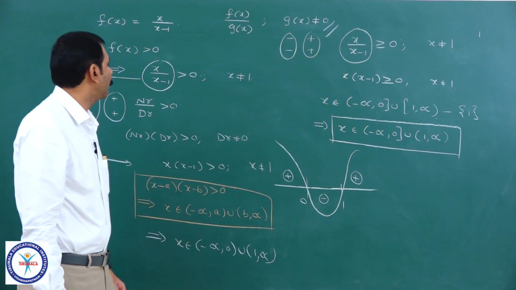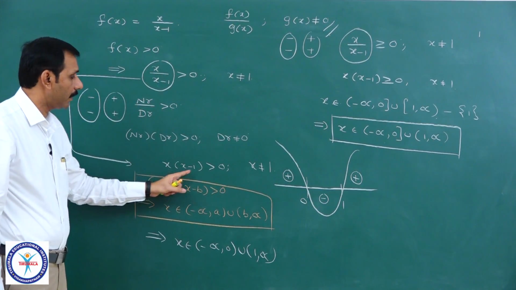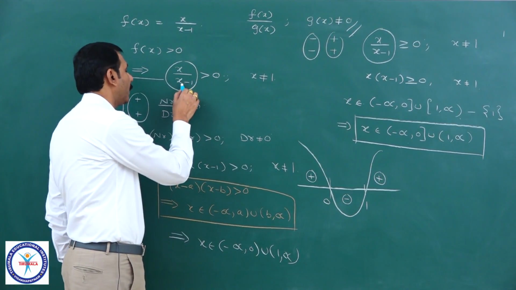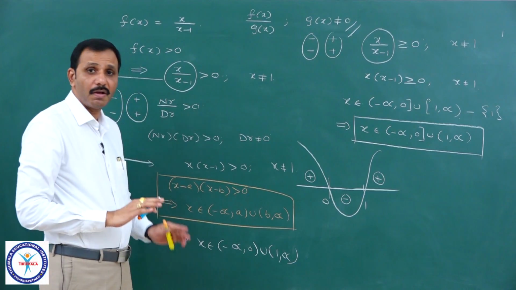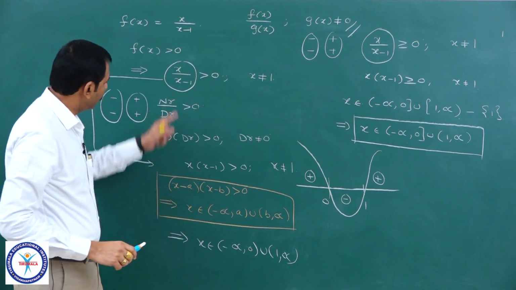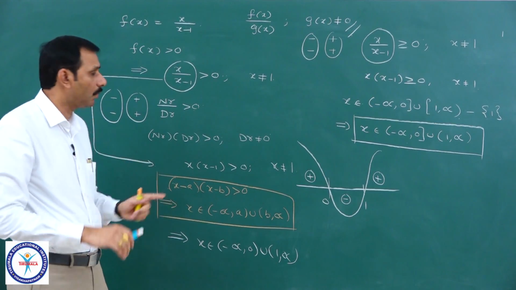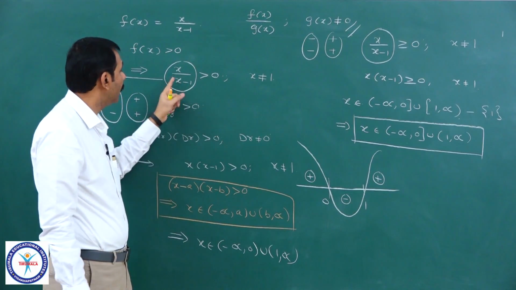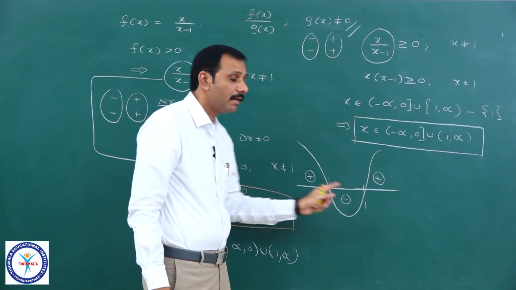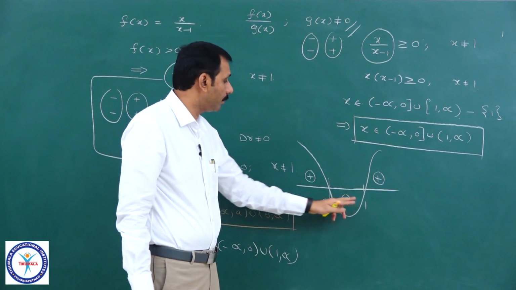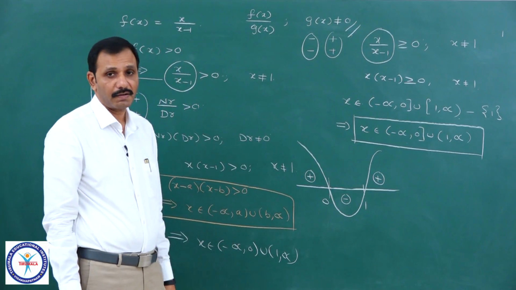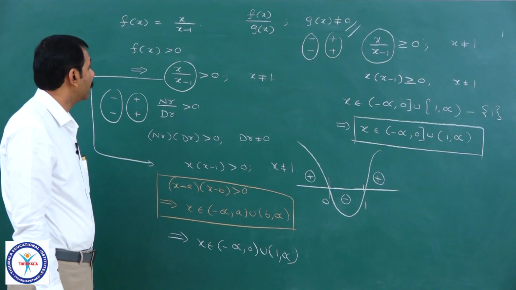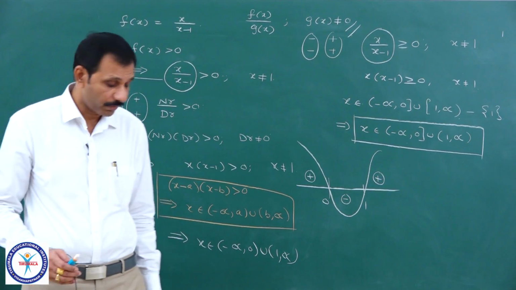Here you see, for numerator by denominator, I have taken numerator into denominator greater than 0. But actually, to make you understand, I have written numerator by denominator means numerator into denominator, but you need not take that one. As it is x by x minus 1, observe what are the zeros of this polynomial: f of x equal to 0 and g of x zeros you find, and mark all those zeros on a real line. Positive means where it is positive you see, negative means where it is negative you see, and collect the intervals. Hope you understood this one, and we will see a similar model problem so that you can understand in a better way.